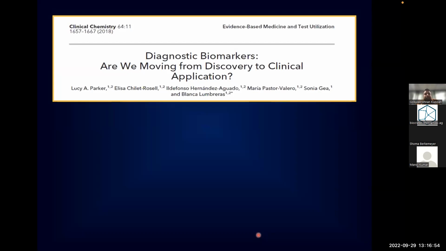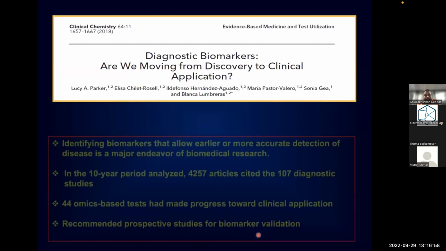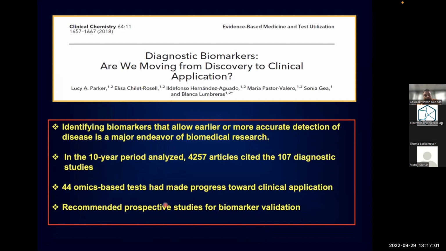Is there any improvement in the clinical application of any omics biomarkers? They looked at papers from the last 10 years, analyzing around 47 articles that cited about 107 diagnostic studies. From there, they clearly showed that 44 omic-based studies have made progress towards clinical application. So they recommended prospective studies for biomarker validation and recent technology improvements or high-throughput assays for biomarker